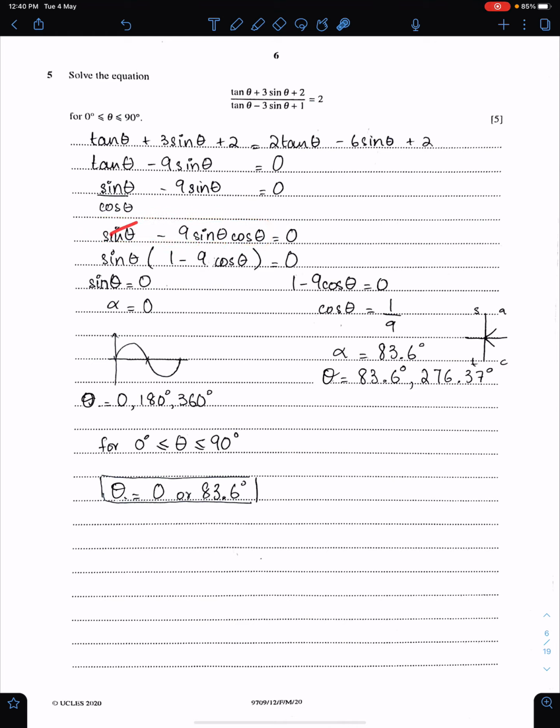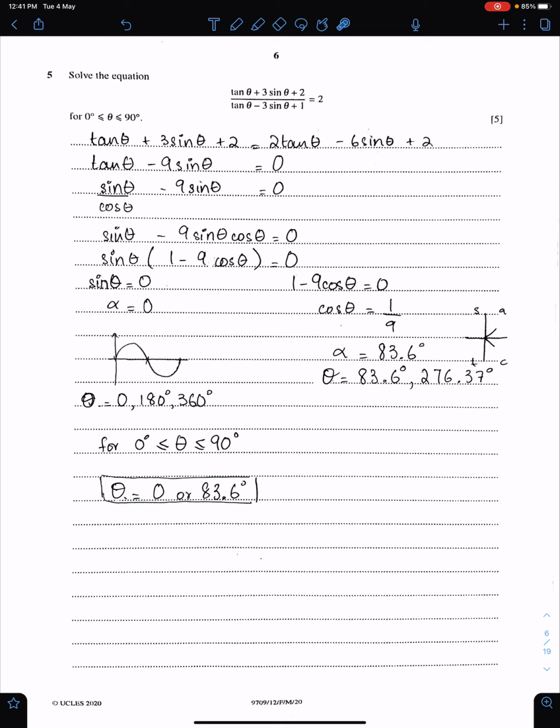Now take sin theta common. So we have either sin theta equals 0 or this equation is equal to 0. Sin theta is 0 at 3 values, 0, 180, 360. But since this is the domain, we need to ignore these two answers. So the only answer is 0 when sin theta is 0 for this domain. Cos theta is positive in two quadrants, first and fourth. But since this is the domain, you just need to work in the first quadrant. That is the final answer. You need to ignore this answer. Hence, the final answer is 0 and 83.6.